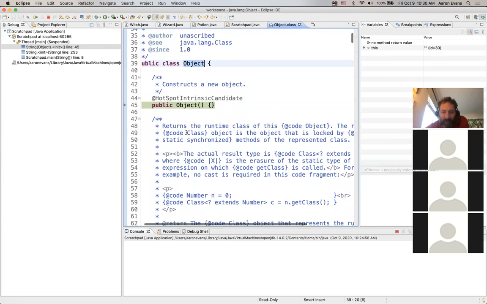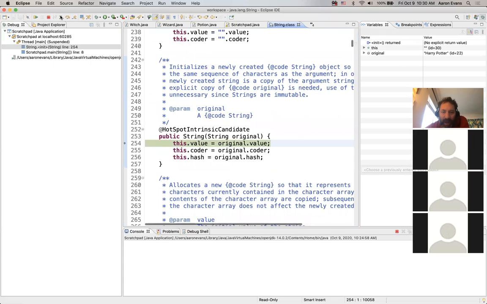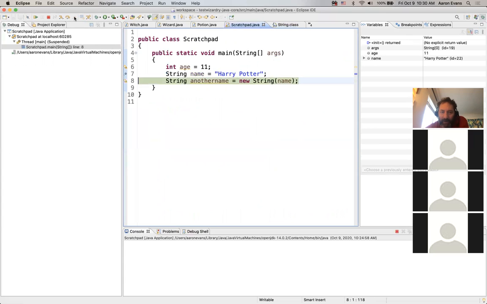And right now we have the object constructor. It says public Object, and it doesn't do anything, as you can see. So let's go ahead. We'll step in one more time, and you can see it actually goes out, and it's going to go back down. What we want to do is jump back to our code. Now we're back in here,